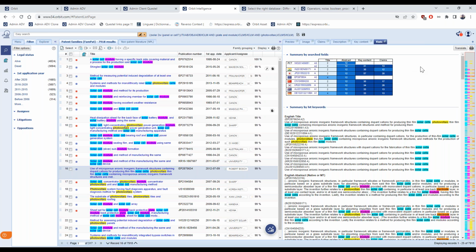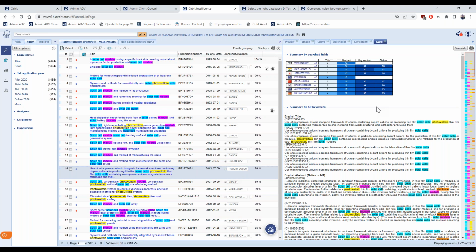So all these terms that I put in the advanced search forms have been found, and the system is showing me where. So less in the titles, a bit more in the abstract, but more in the key content and claims. So there's a blue scale, a blue color scale. The darker it is, the more frequent the term has been found.